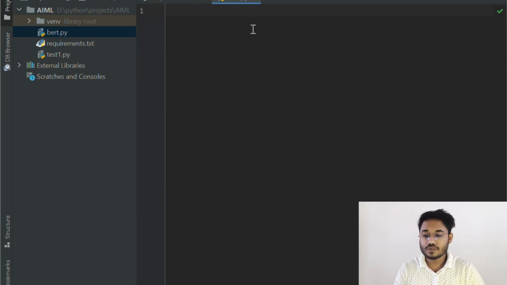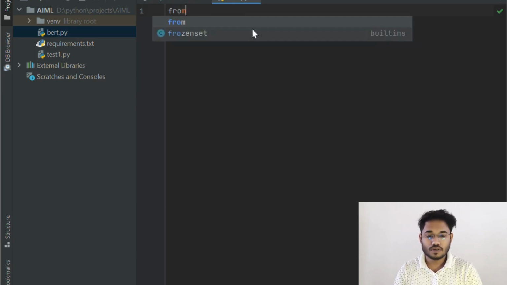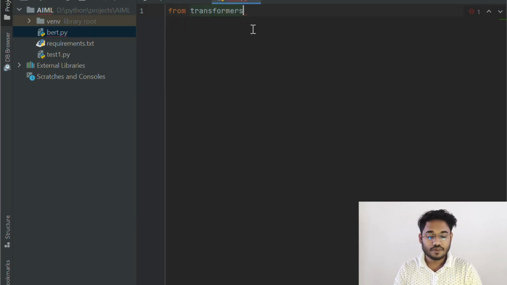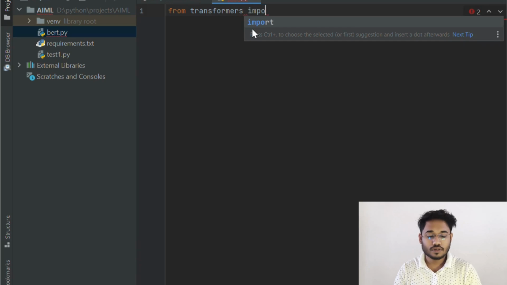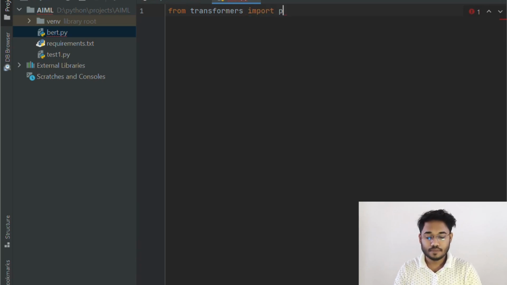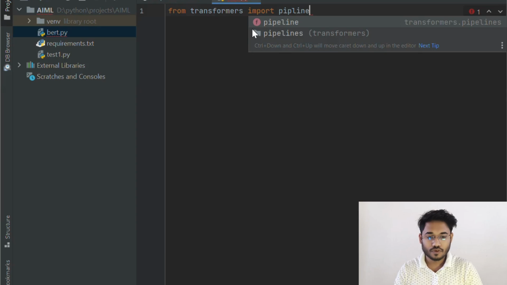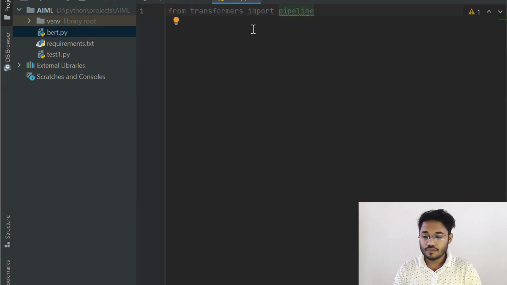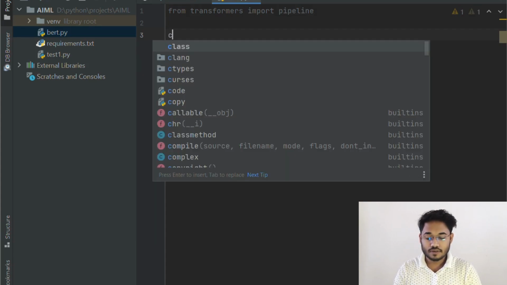Here we will be using the transformers library from Hugging Face. So from transformers we will import the pipeline. We are using a pre-trained BERT model, especially fine-tuned for multilingual sentiment analysis. So for that we will write: